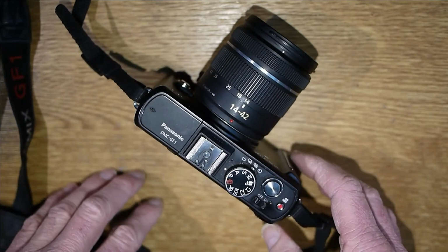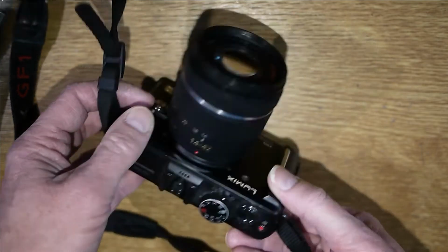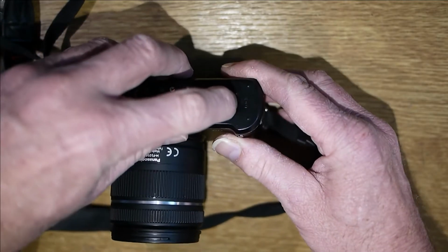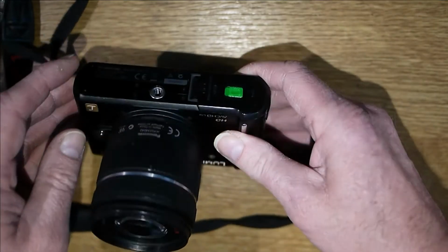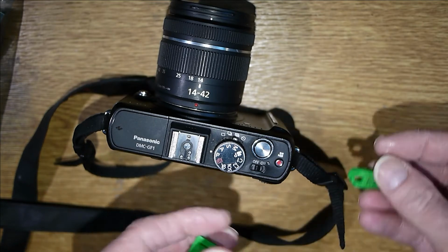Unfortunately, when I dropped the camera, I was using it with the battery door open on a mains powered system, and I broke the battery clip. So you can see this GF1's actually got a green battery clip which works, holds the battery door shut, which is the important thing. But I wasn't too pleased when I broke that, and it's a fairly complicated part to print. I've got some